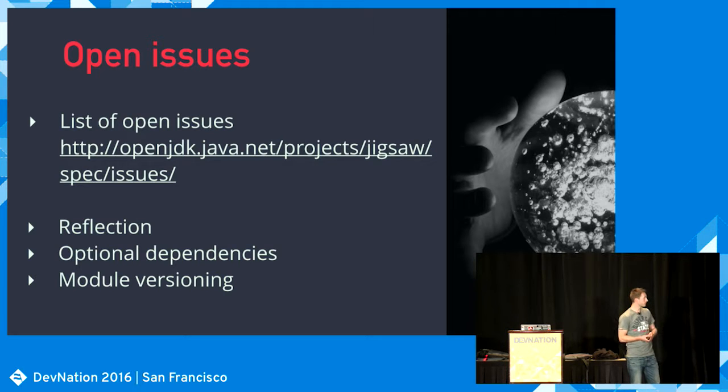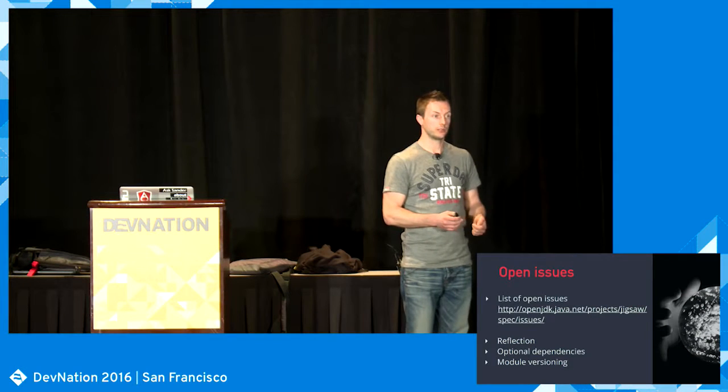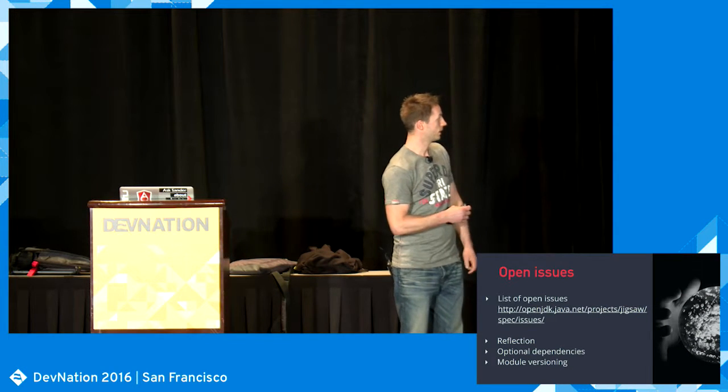For example, there have been questions on the mailing list about optional dependencies. Currently, the prototype doesn't support optional dependencies. You have a dependency or you don't, and there's nothing in between. And of course, for frameworks like, for example, Spring, where they rely on the fact that you can put some extra library on the class path, and if it's there, then we start using it. If it's not there, we just do something else. That whole mechanism doesn't currently exist in Java 9. So there's still discussion going on, how are we going to deal with this? And probably this is one of the issues that they will actually come up with some kind of solution.